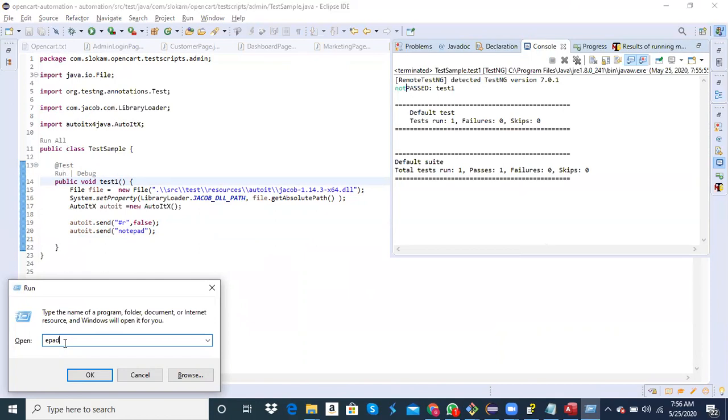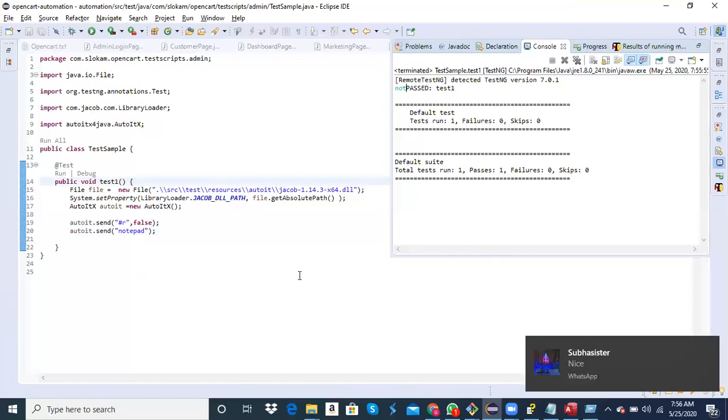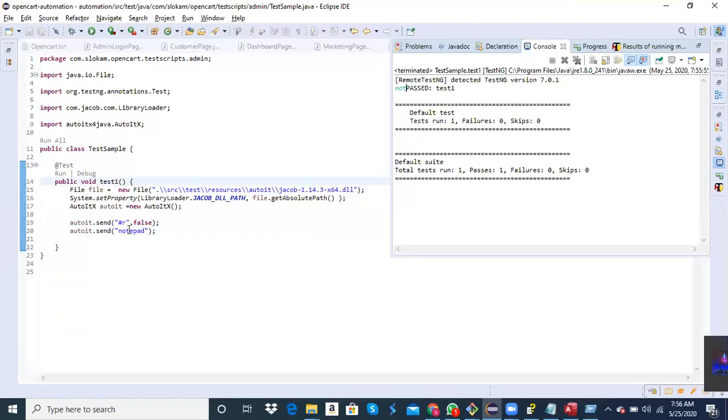What went wrong there? See, AutoIt Send will execute. After that, immediately the next 20 lines will be executed.